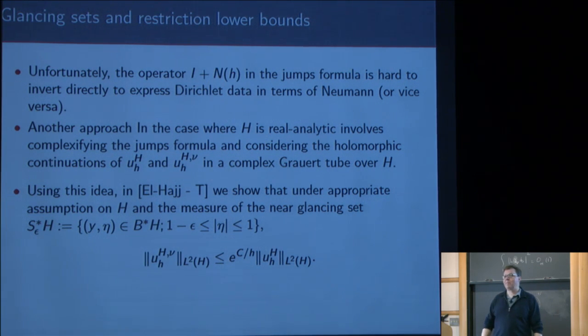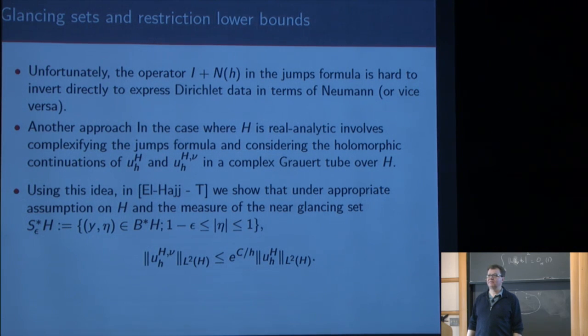So let me understand what you're trying to do. You're trying to give a lower bound for the L2 restriction, say, on a curve, let's say in dimension 2. You have equidistribution on level space, you have a lower bound, is that correct? No. I'm going to have to put some assumptions on the defect measure. So there has to be some sort of equidistribution assumption.